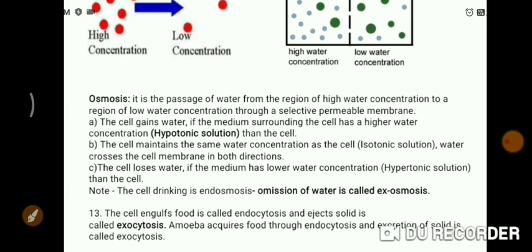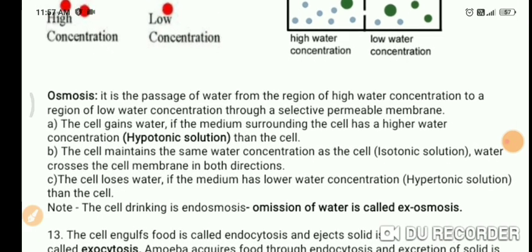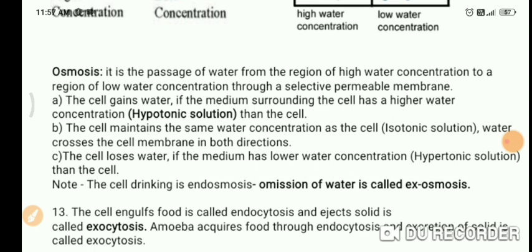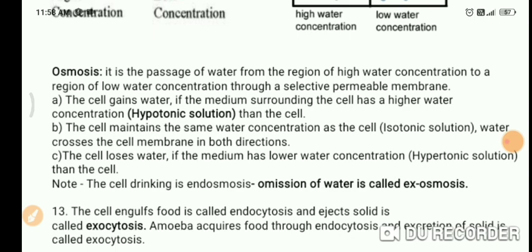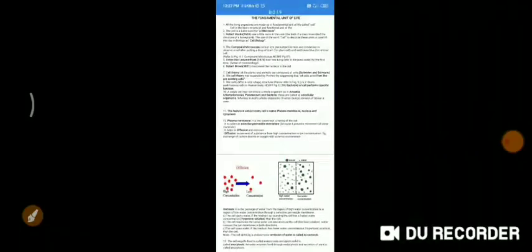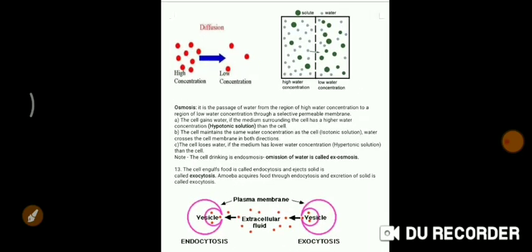There are two terms, exoosmosis and endoosmosis. If a cell loses its water, it is known as, here see they have written here, hypertonic solution. Wait, I will tell you with the help of a diagram. See here,